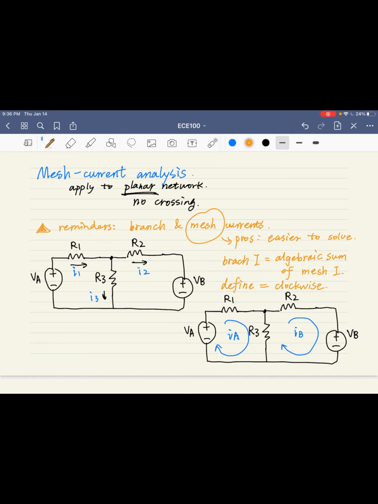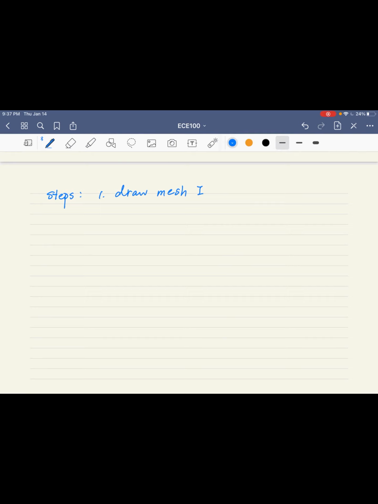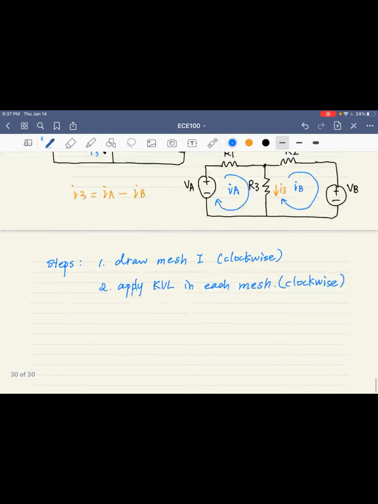And let's see, what should be the I3? The I3 is equal to IA minus IB, right? So the steps to solve it: first, draw the mesh currents inside the mesh and make sure they're clockwise. And second, apply KVL in each mesh. And for convenience, we can still use the KVL clockwise. For example,